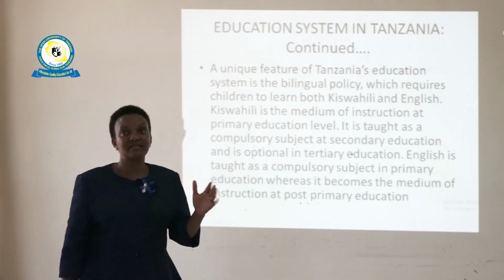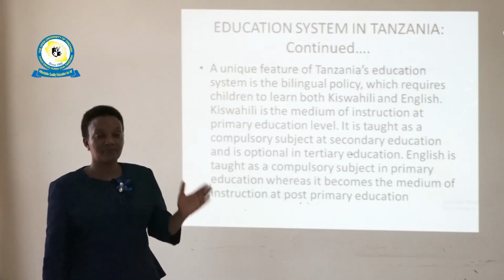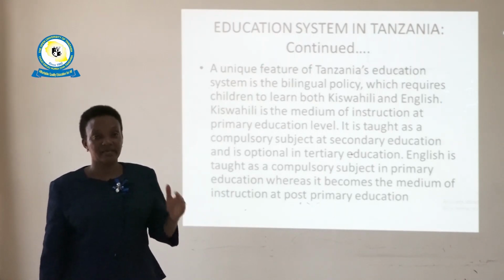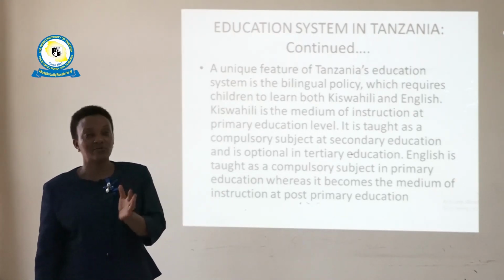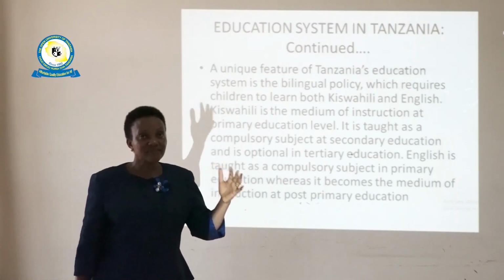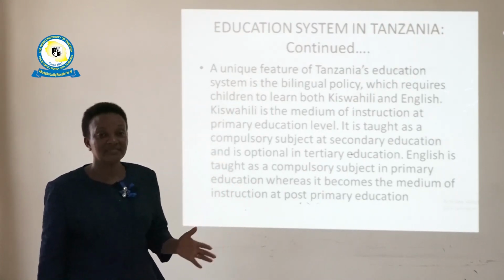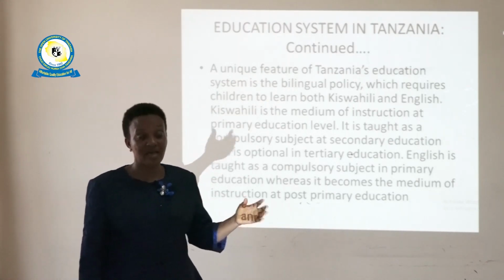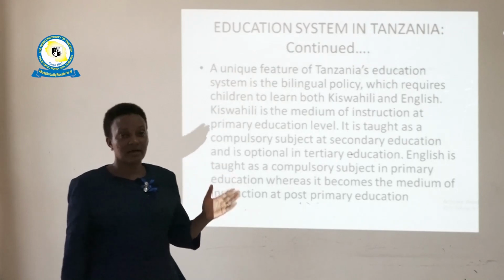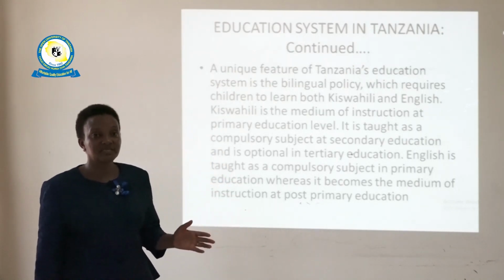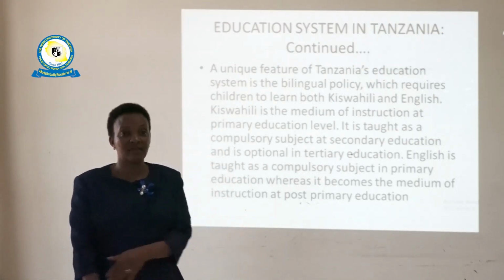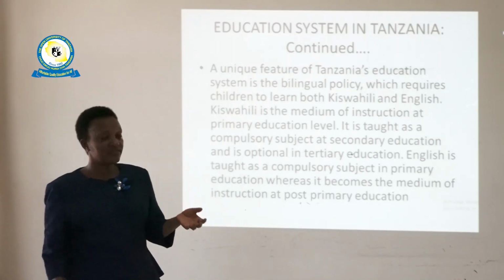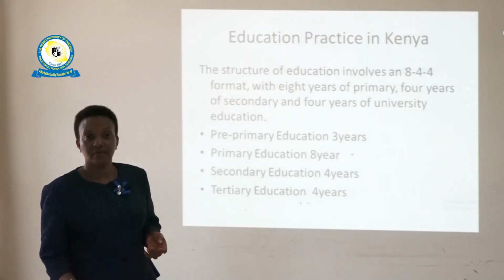So the government finances almost all things in public primary and secondary schools in Tanzania. In higher education, the government also pays something, but there are also other bodies like the higher education loan boards, where the students are supposed to borrow money for studying in higher education in